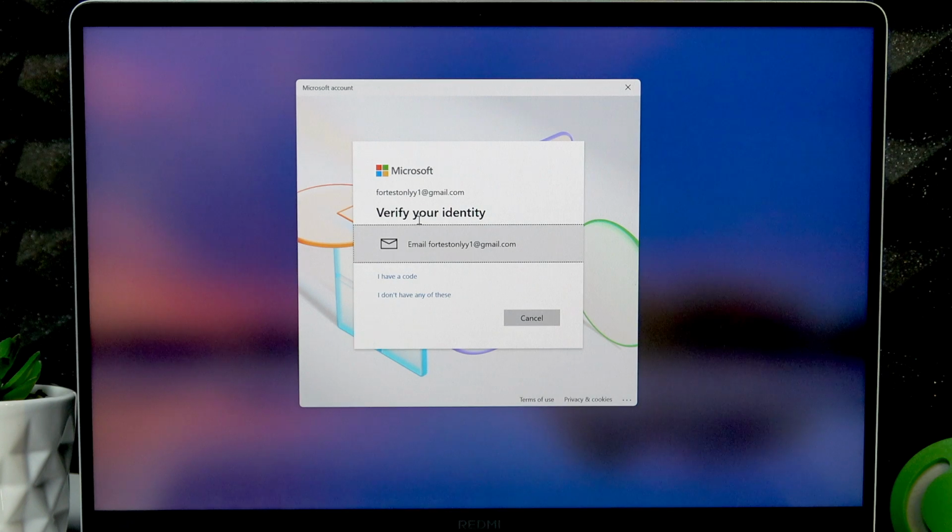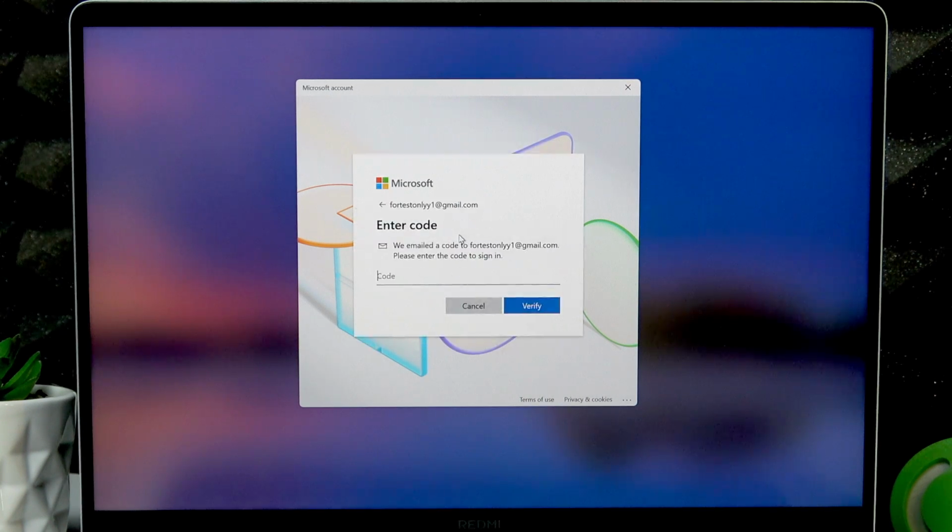And then to verify your identity, you'll have to receive an email with the code on your email that is connected to your Microsoft account. So go ahead and check your mail and click this button right here. And once you click on it, you'll have to input a code that Microsoft just sent to you. I'm gonna input mine in a while, so give me a minute. Okay,